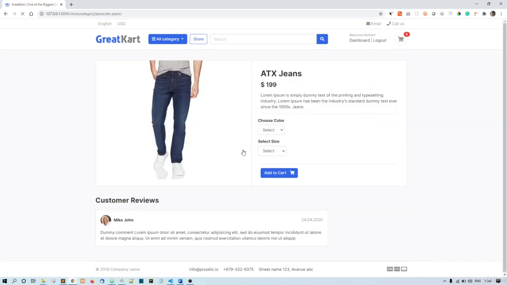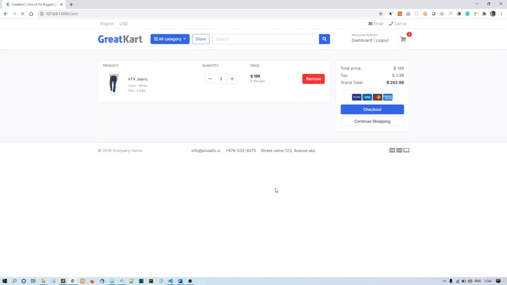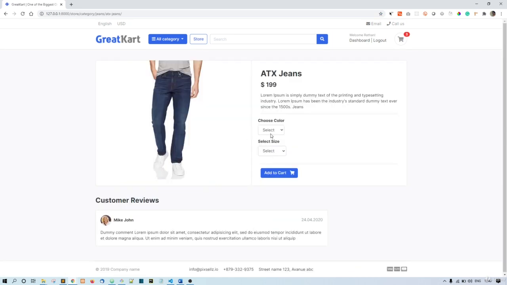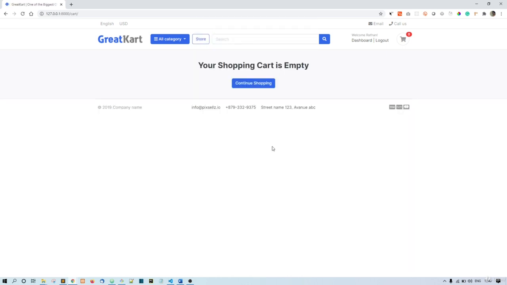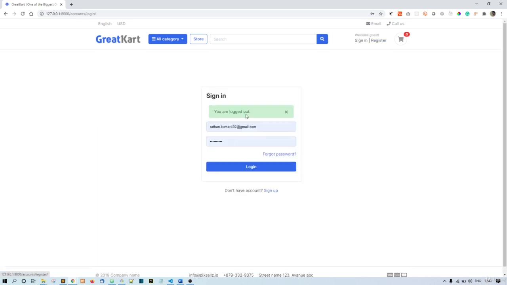If I try everything all at once, we add white, medium. Now plus is working, minus is working, remove is working. All right, so the next thing we need to do is